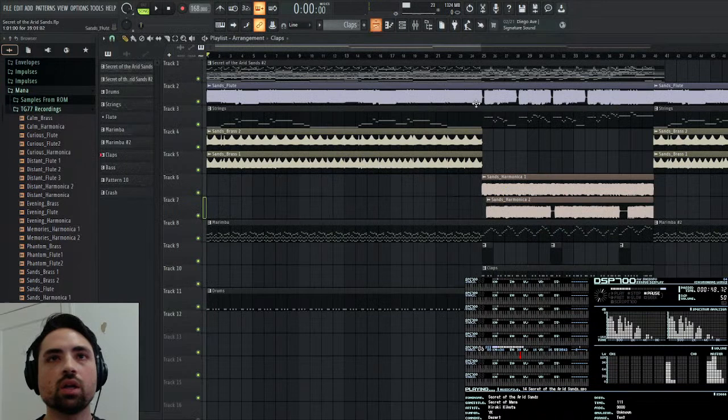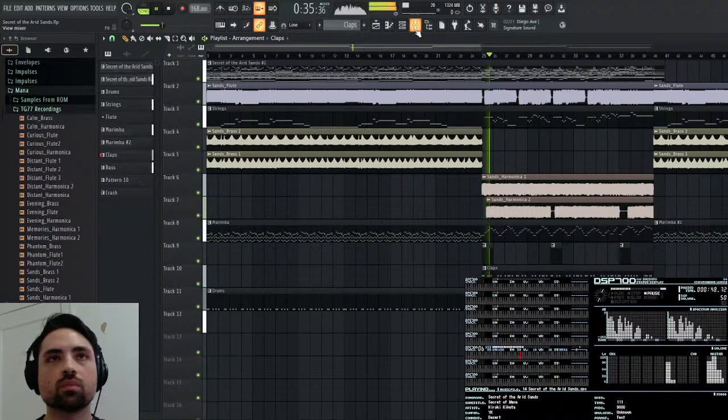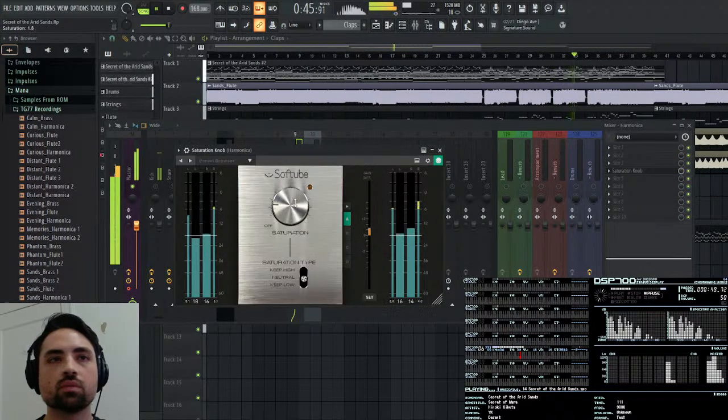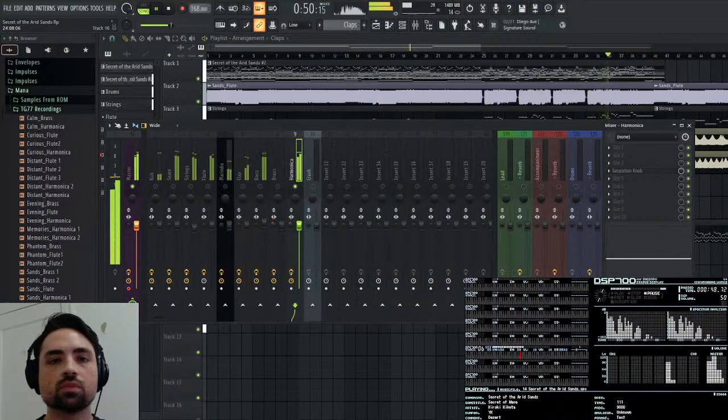And now our harmonica comes into play. Stereo separation. Saturation. Set the volume. Nice.